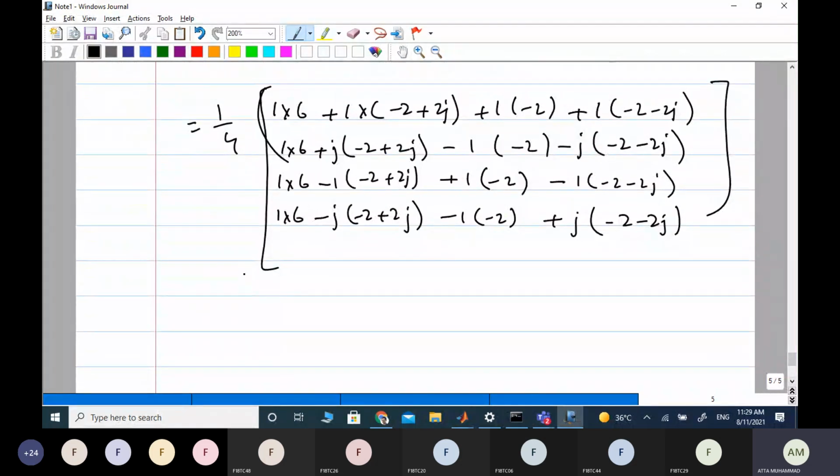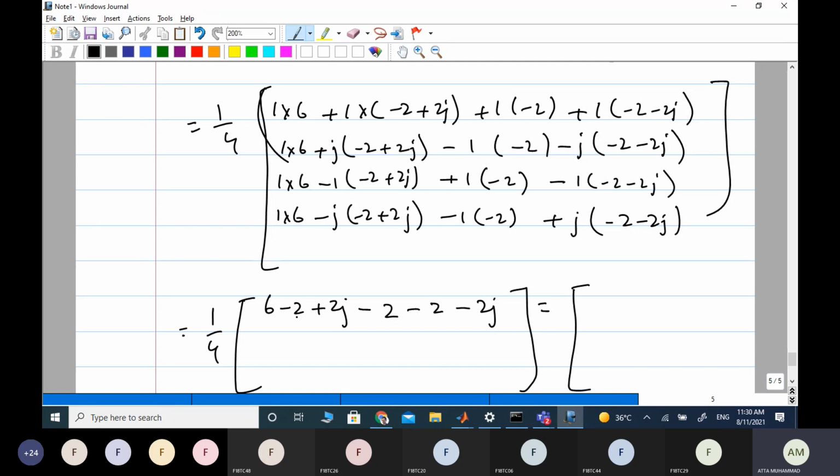So we are close to the solution, I can sense it. So we have 1 by 4, we have 1 times 6, and from here, because it's plus and plus into minus is minus, plus into plus is plus, plus into minus is minus, plus into minus is minus, plus into minus is minus, right? So in the first row we have, this is minus 2, this is plus 2j, this is minus 2j, this is minus 2, minus 2, minus 2, minus 6, and plus 6, so we get 0 here.